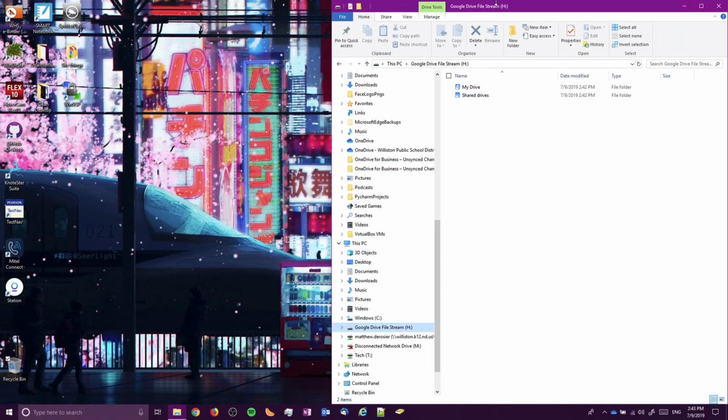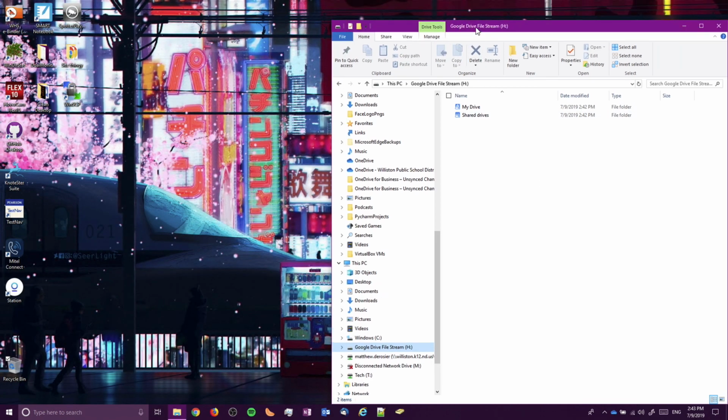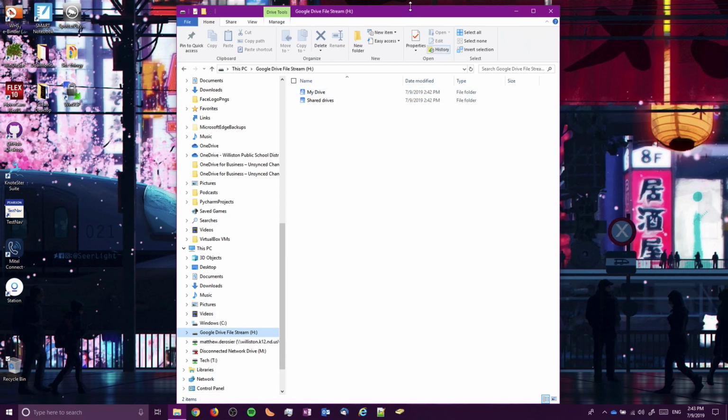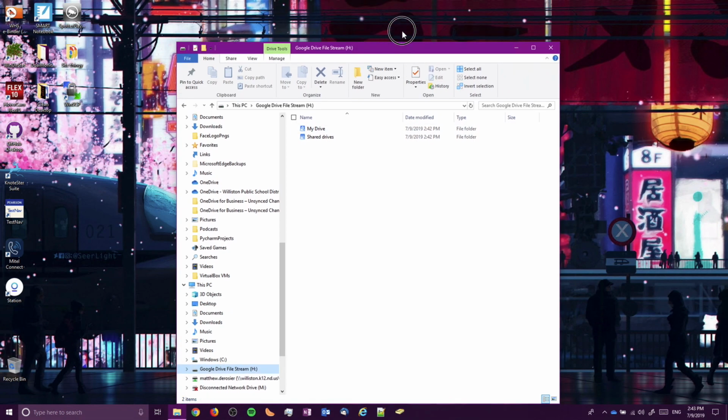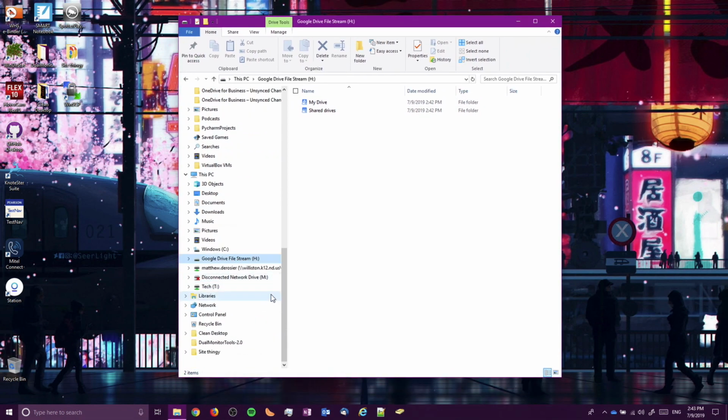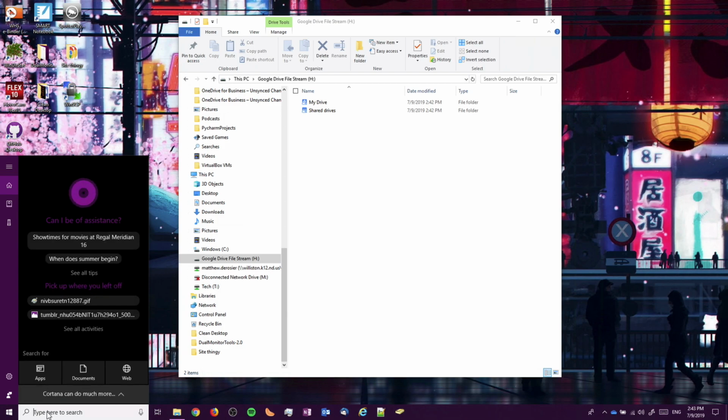Okay, so we stumbled upon Google Drive File Stream. Google Drive File Stream is a very useful piece of kit that we've set up for you. In order to launch Google Drive File Stream, what I recommend to everybody who's trying to get that started, if you haven't done it before, is to click in the search bar down here and then type in Drive,